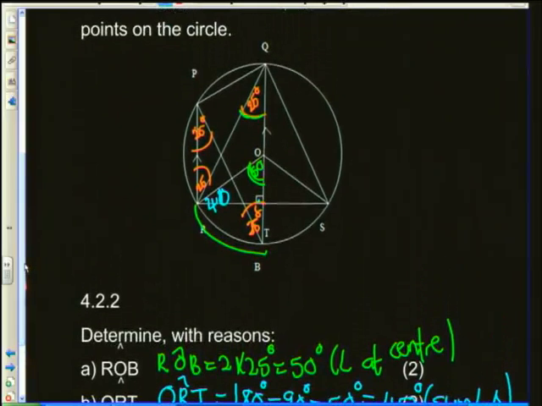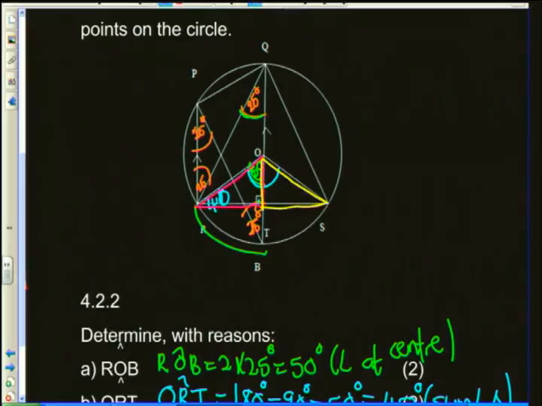ROS, where is that? So it's ROS. Okay, so it's these two together. Okay, right. If you look at the triangle ROT, and look at this angle here, sorry, this triangle here,